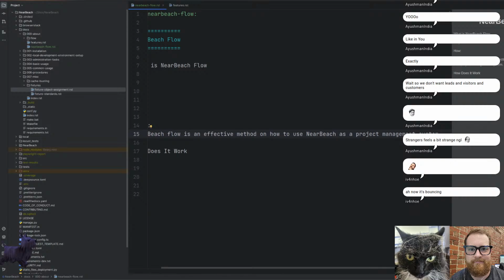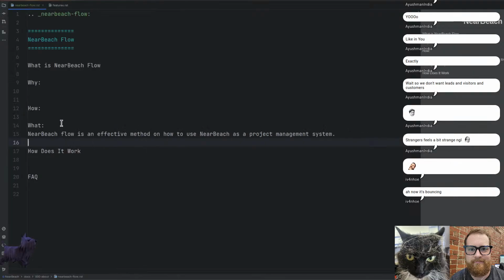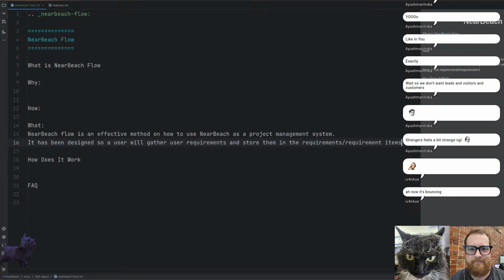What is it? So what it is, NearBeach Flow is an effective method on how to use NearBeach as a project management system. It has been designed so a user will gather user requirements and store them in the requirements/requirement items module. From there, tasks will be created, tasks and projects,